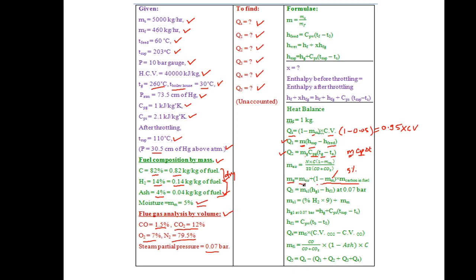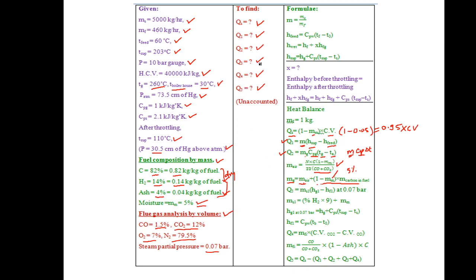But here the mass of air we have to calculate. Mass of air is given by N into C into (1 minus mm) divided by 33 into (CO plus CO2). How we get this formula, we will be discussing in the chapter on combustion of fuel. So there we will discuss how we get this formula. Then,